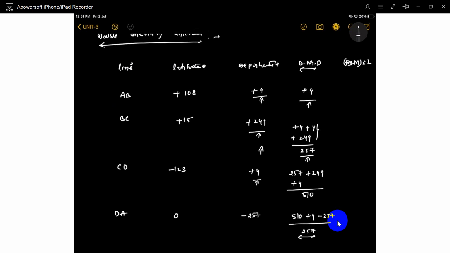Don't divide into triangles and do hard work. No. Based on the latitudes and departures, we can easily calculate any irregular shape. But one thing is required: these are straight lines and it has to be a closed traverse. With straight lines, we can easily calculate the area by latitudes and departures.